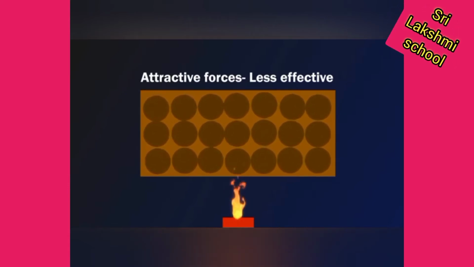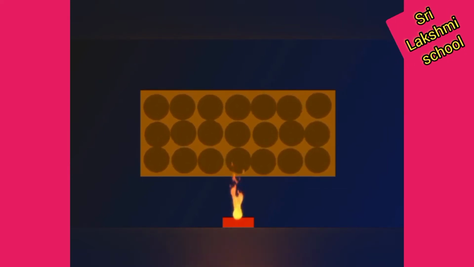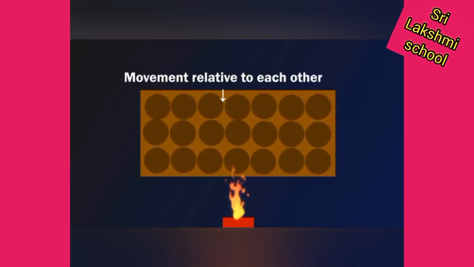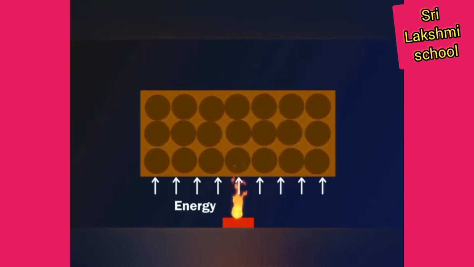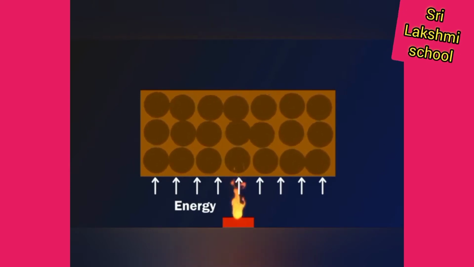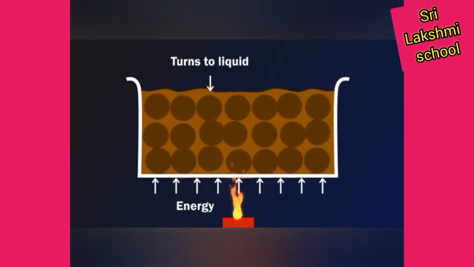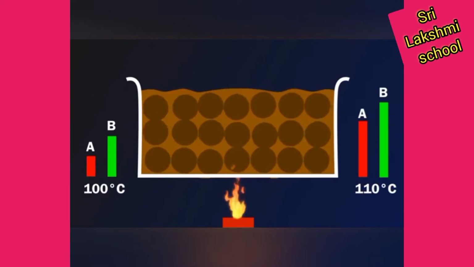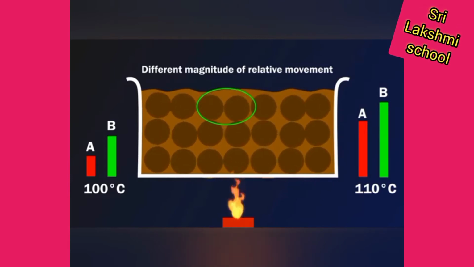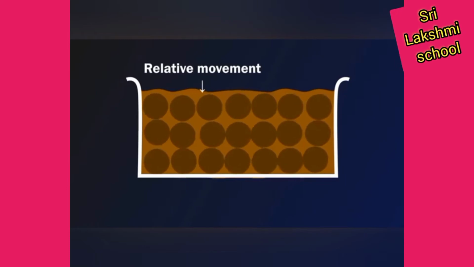Now, if you heat these molecules, they start vibrating. So the molecule starts vibrating. They start moving relative to each other. And when you increase the temperature, the heat energy is converted into vibrational energy. Here, when you heat a certain solid, it converts into a liquid. Different magnitudes and relative motions at different places. There is a relative movement between the molecules here,